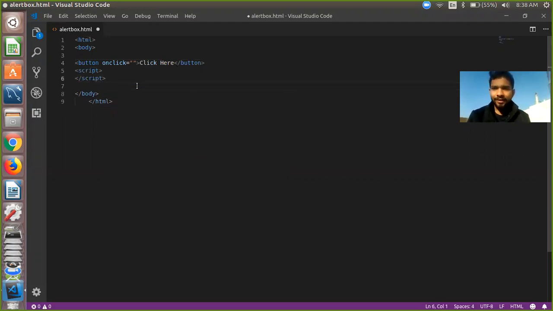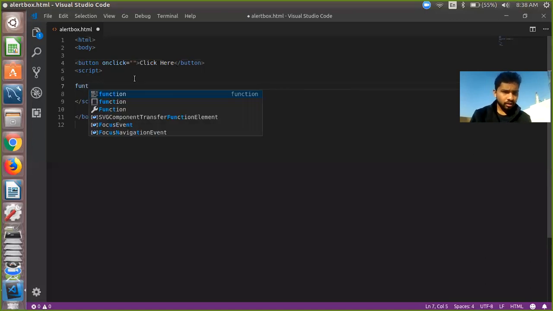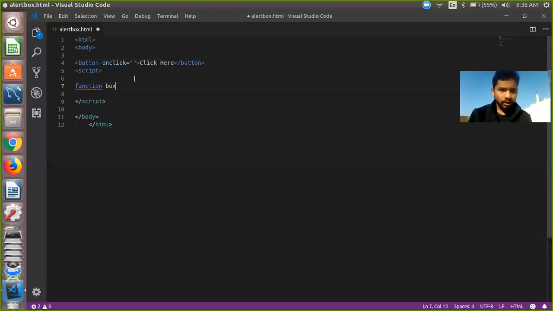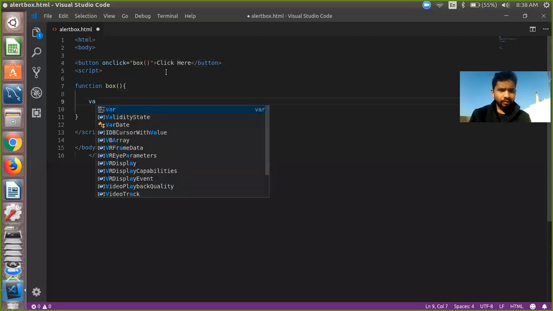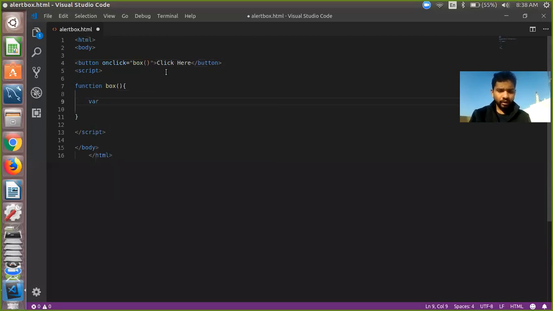Okay, so right here we have a script. So we have to write a function, right? Our function name is maybe box, like that one is our confirmation box. So our function name is box. We have to call our function from onclick. So just box, and that one we call our function, and we have to create one variable where the value is stored. So user value, and equal to